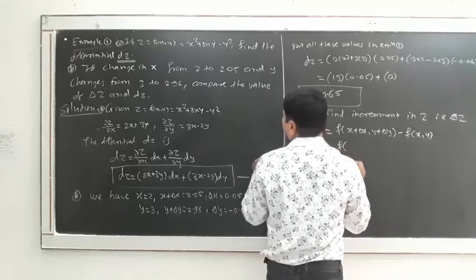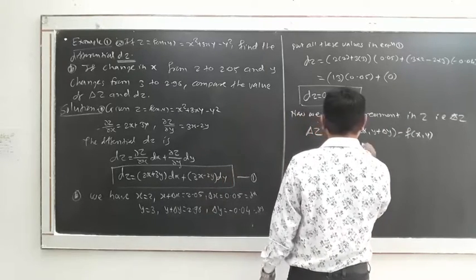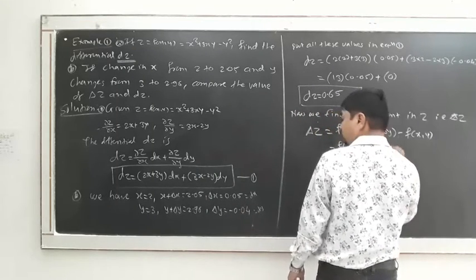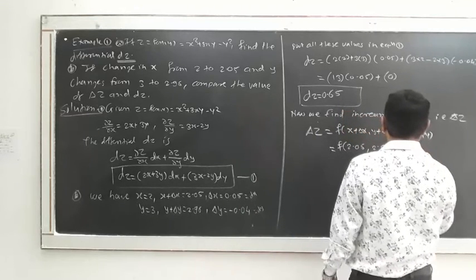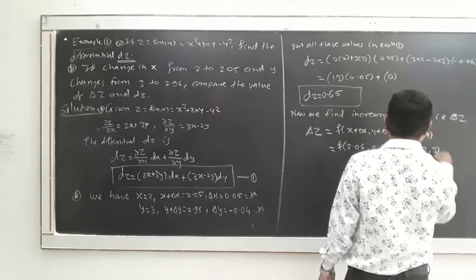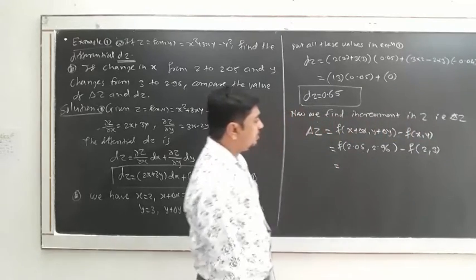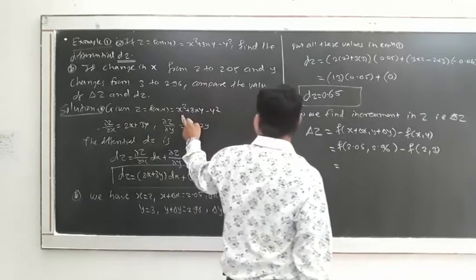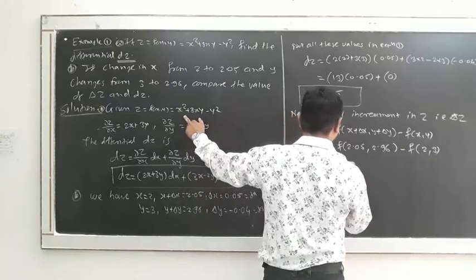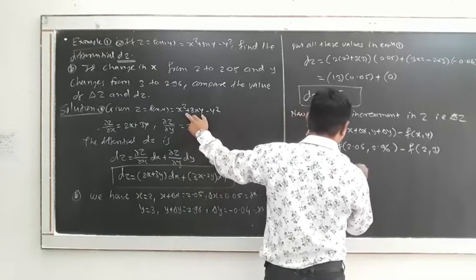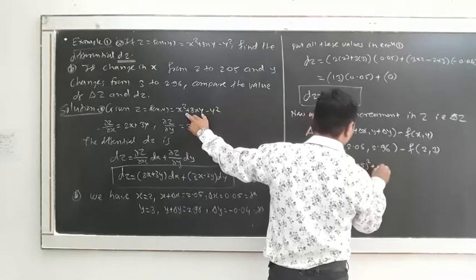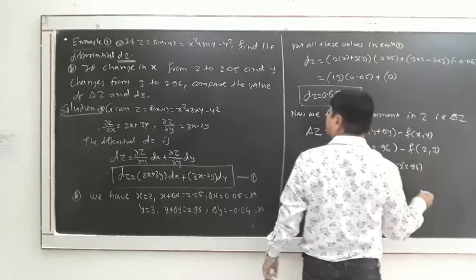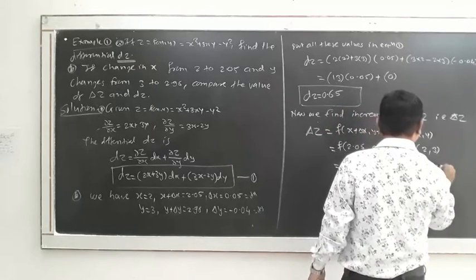What is our x plus delta x? X plus delta x is 2.05, and y plus delta y is 2.96, minus f of, here x is 2 and y is 3. Then just put the values in the given function. So write down all these values: 2.05 squared plus 3 into 2.05 into 2.96 minus 2.96 squared,